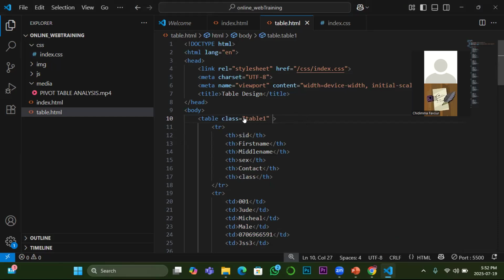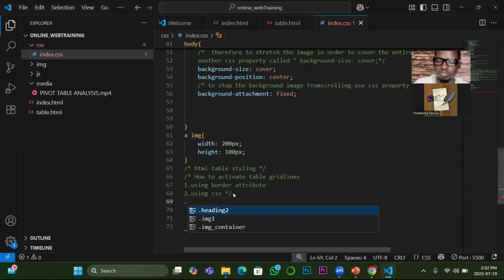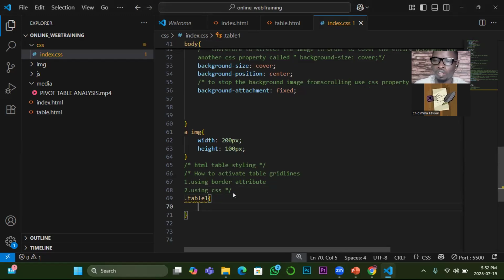Since we have already classed it table 1, I will just go to my CSS file and reference the table element with its class name. Of course, remember that the class name is table 1. So I will just do dot table 1 and then open my declaration block. Since I want to achieve it in CSS, I'm going to call 3 properties at once for us to get those lines active. So the first one, I will say border,